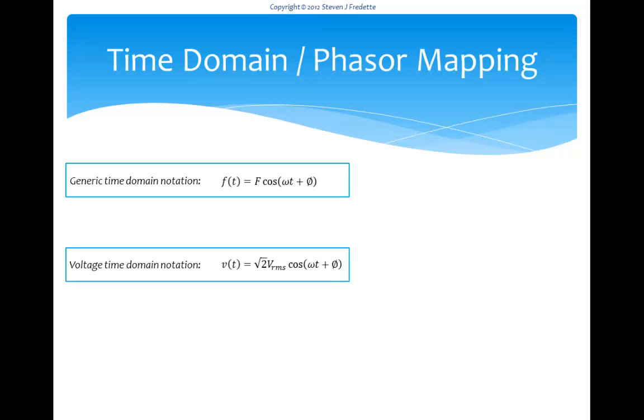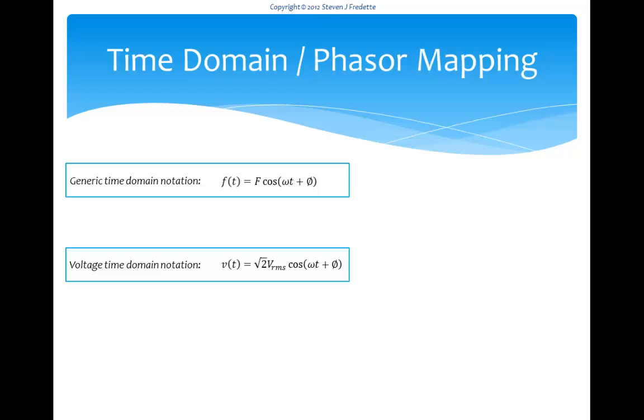I'm going to give you the specific voltage example. So again, voltage in your house, the RMS would be, say, 120 volts. So if you take 120 times the square root of 2, you get roughly 170 volts peak. Cosine omega t, again, using the case for the US, the frequency would be 60 hertz. So to get omega, you go 2 pi times 60 hertz, roughly 377 radians per second, and then an arbitrary